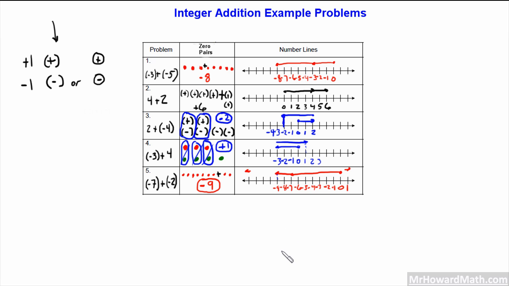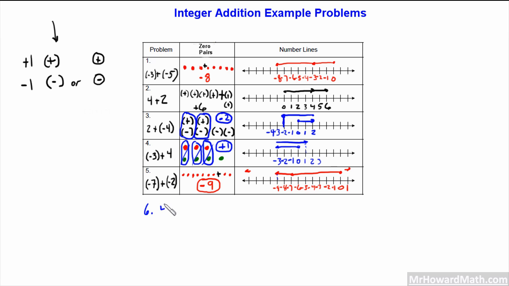So several examples. We had some where we had all positive integers in our problem. We had some like number 1 and number 5 where they were all negative. And then we had this example where we had a positive and a negative, and the positive integer was listed first in the problem, and in this one the negative integer was listed first in the problem. And realize that the order of this doesn't matter, because I want to model this for you just so you see that. Let's say we had problem 6 down here, and it was